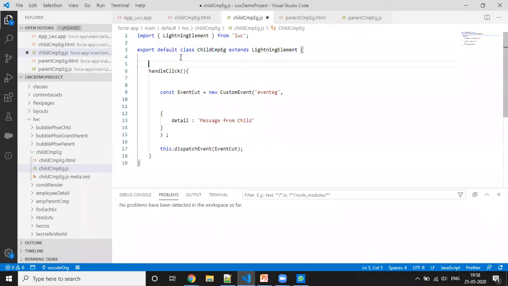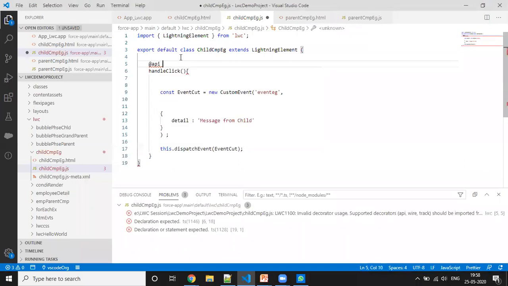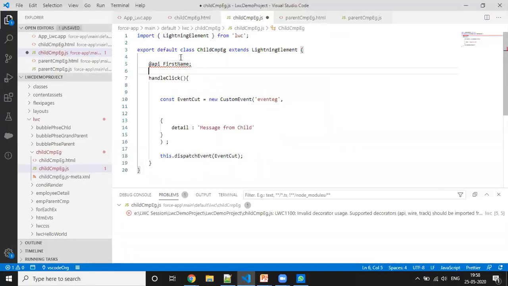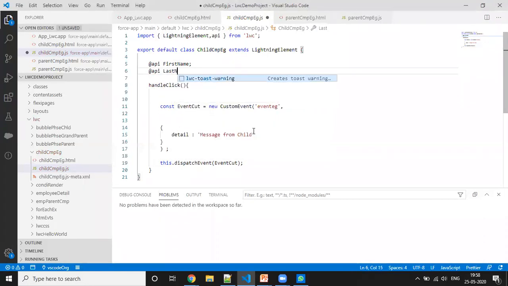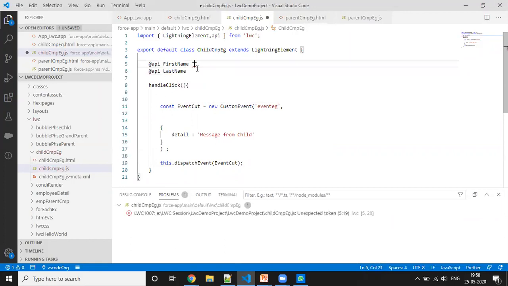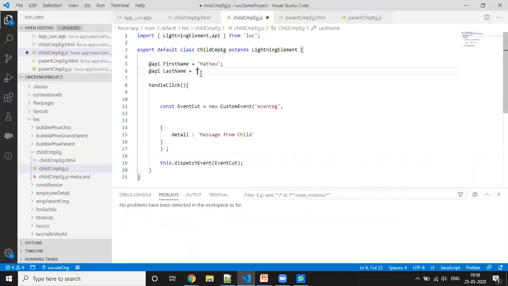From our last examples, I'm defining this first name, and then I'm taking the last name, and let me give some value here, like Matthew, and let me give the last name as John.